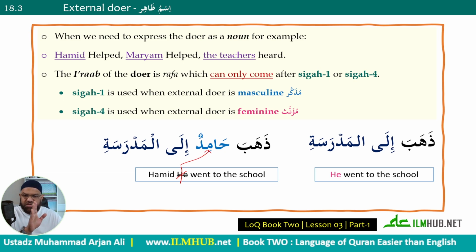And that's the logic you follow, and you won't get confused. So if you see an ism after number 1 or number 4, you will delete the translation in your head. I don't need to say he anymore. So in English, I can't say he, Hamid, went to the school. It doesn't make much sense. So we will say Hamid went to the school. And that's the rule that you will follow, inshallah, for very simple translation. So normally, dhahaba you would have translated as he went. But because Hamidun is coming, it cancels the internal doer, cancels the pronoun, and you put Hamid at the front.